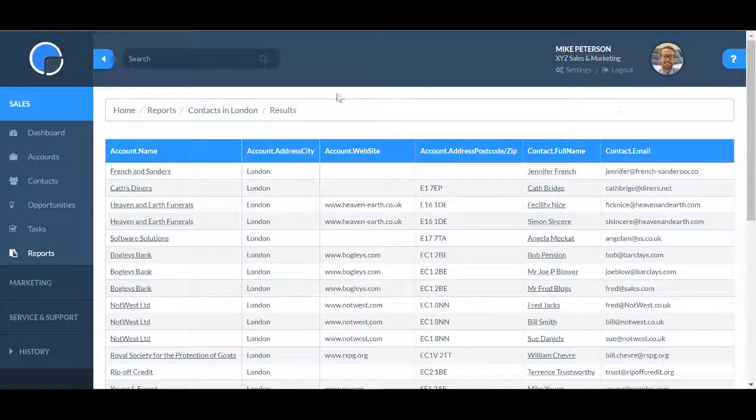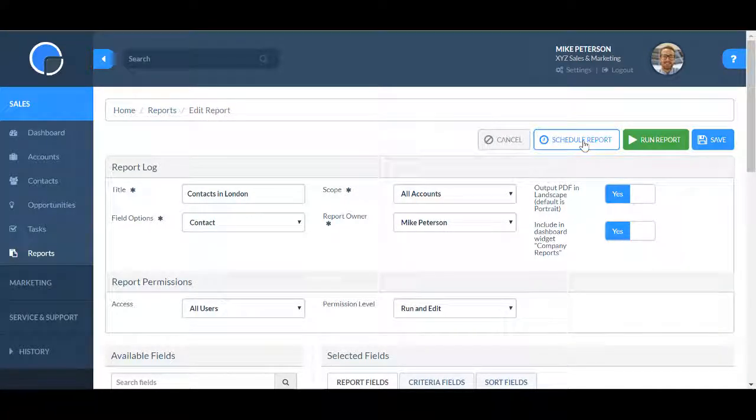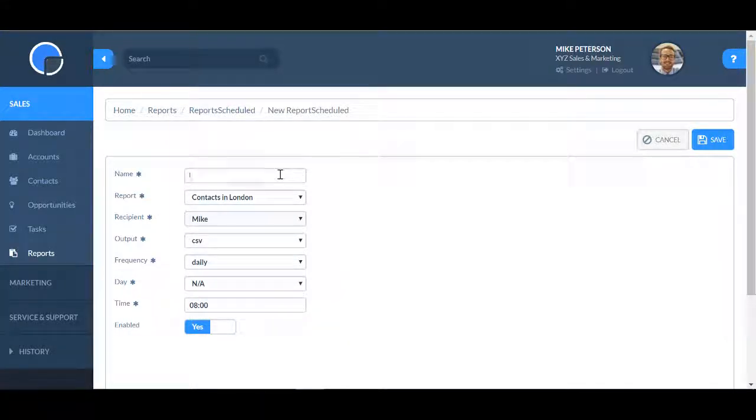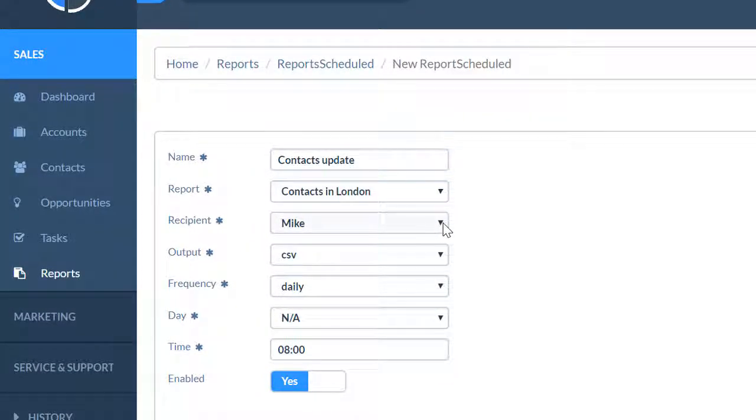If you're using the advanced reporting, you also have the option to schedule your report, and that will then deliver the report at the intervals you choose into your inbox. So I just click on scheduled report, give it a name, give my report name, maybe I want a different name from what I've got actually in the report. The recipient is myself,